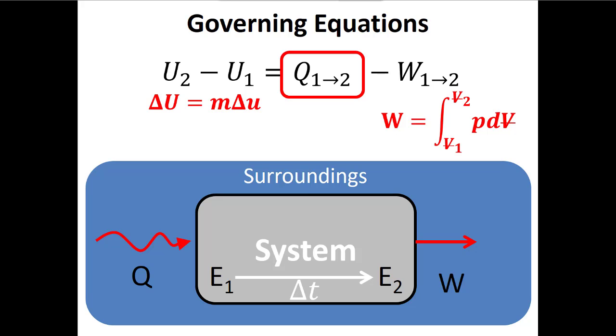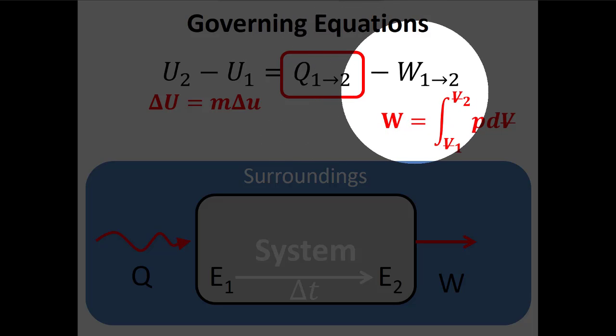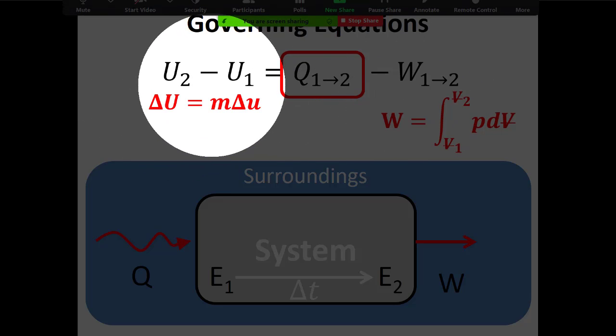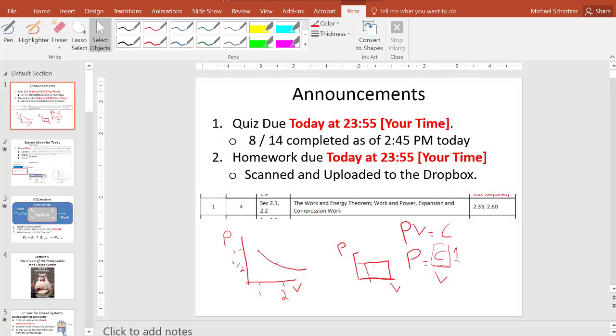But we don't know how to find delta U yet. So in this problem, we're going to do this a little bit differently: we're told Q, we'll find W, and then we'll go back and use that to find the change in the internal energy. So ultimately we're trying to find delta U, right? So here I'm going to try